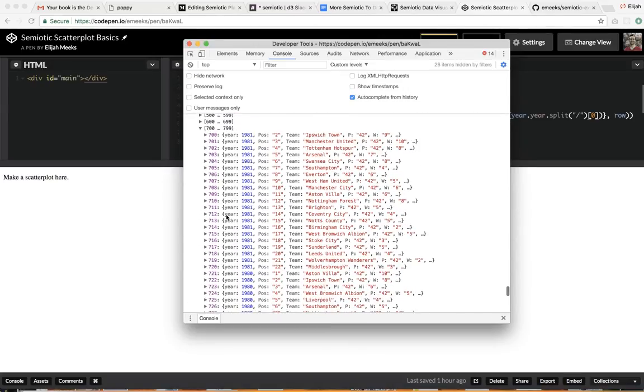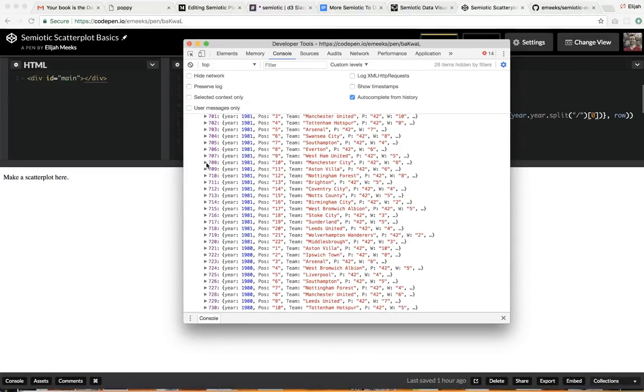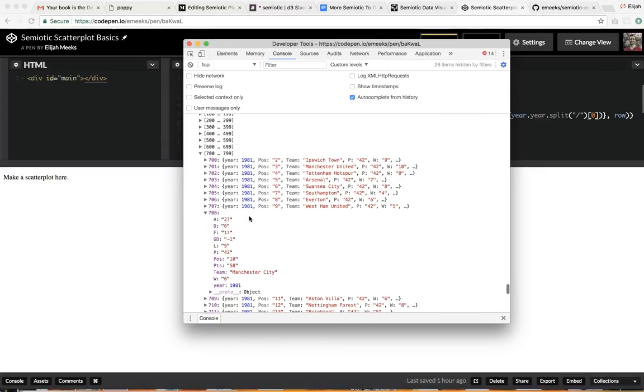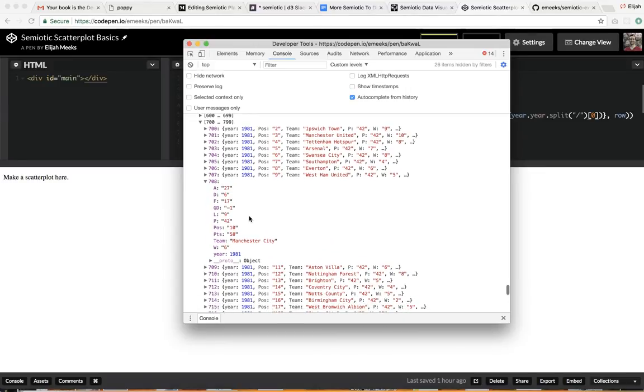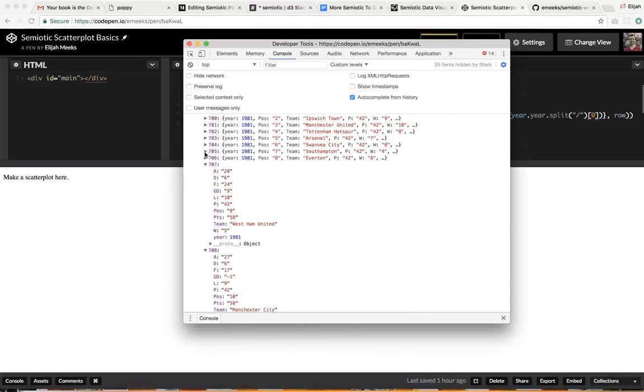Okay, so now this is exactly what I want, right? I've got a year, and it's an integer value now. And then I've got all of this stuff. So I'm going to assume position was the ranking. That's my guess there. Points seems like, so if position 10, points, the same amount of points. Once I see points that are higher, yeah, great. So that's my guess, that position was the ranking at the end of the year. Points,